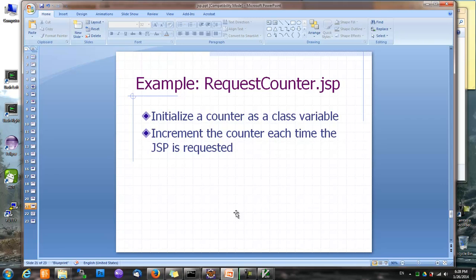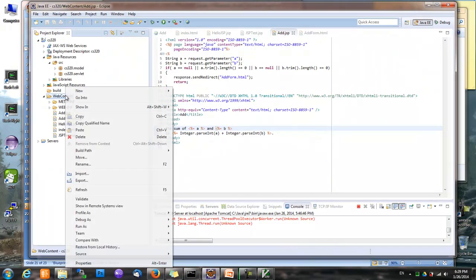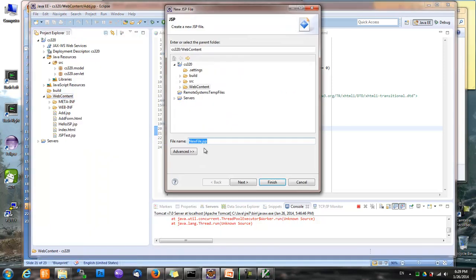And for this example, we'll redo our request counter example in JSP. Remember that in order to count the number of requests, we need a class variable, and that class variable obviously needs to be declared outside the JSP service method, and we can do that using JSP declaration. So let's create something like that, and we'll say request counter.jsp,